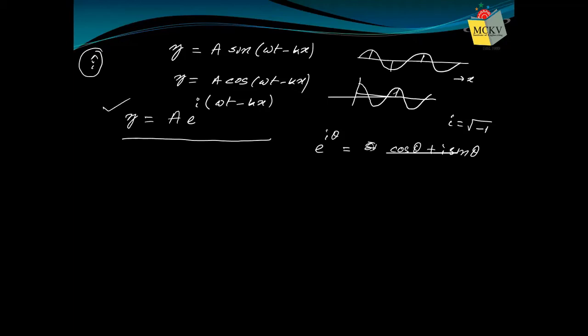And here the main point is that this wave, represented by y, is going along the positive x direction. If it is going along the negative x direction, then we should write it as omega t plus kx. Then it means minus becomes plus, so it is going along the negative x direction. You have studied it in your 11th or 12th standard. I'm just reminding you.